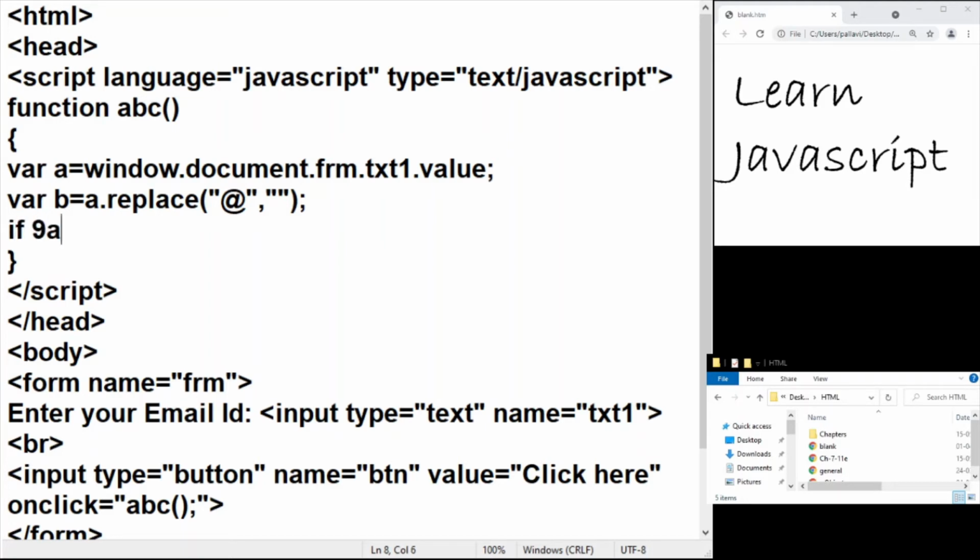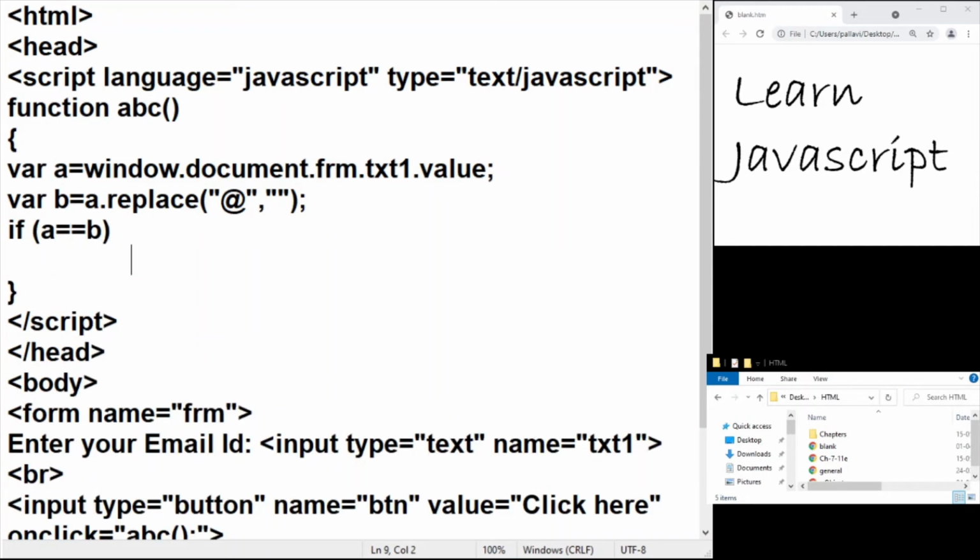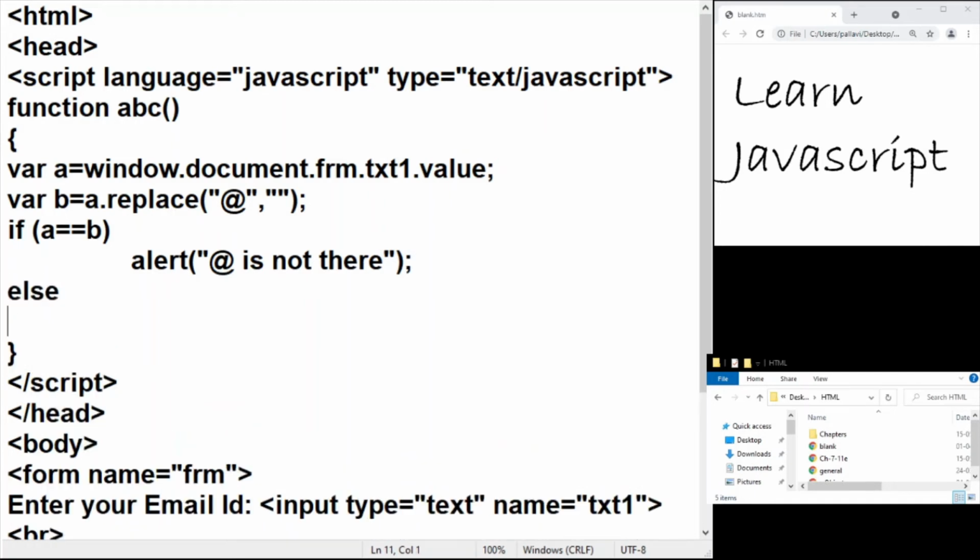So I'm going to use an if, you know, the original string is equal to the new string, then I know at the rate is not there, and that is why no replacement took place. Otherwise, I would go ahead and say there was an at the rate. Why? Because then the at the rate got replaced with an empty character or no character. Basically, I'm removing this character. You can go ahead and instead of putting an empty character, not an empty character. This is like a null character.